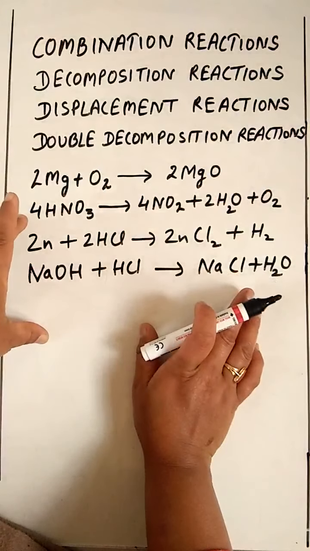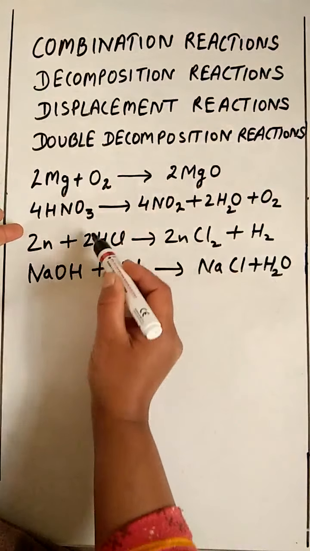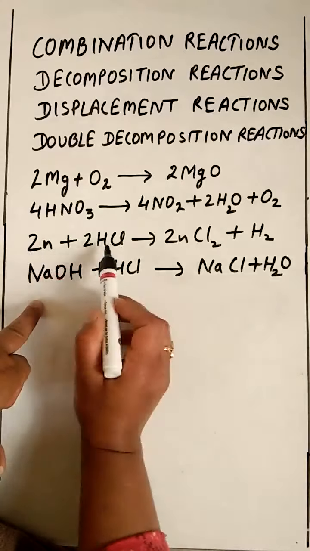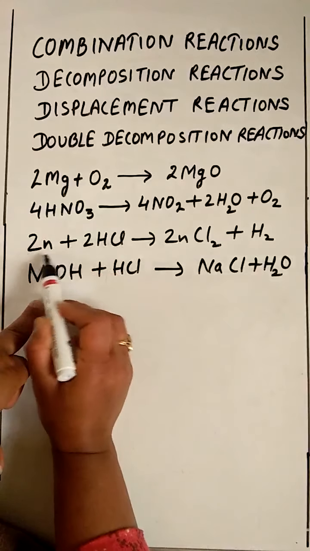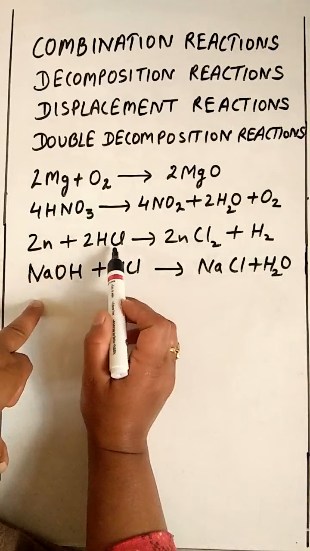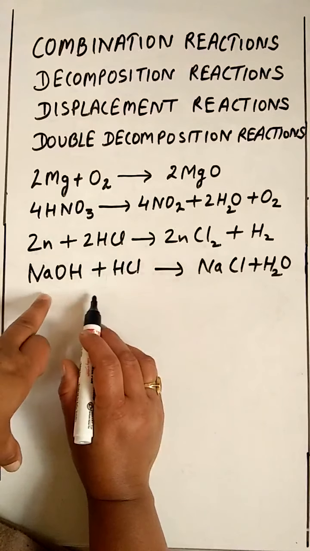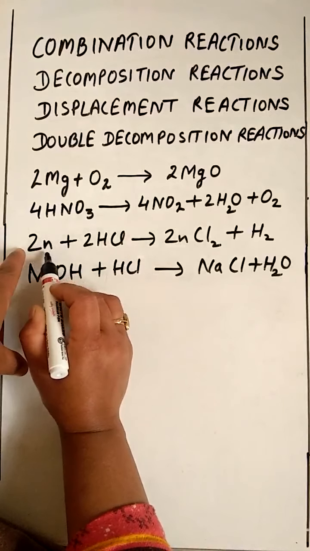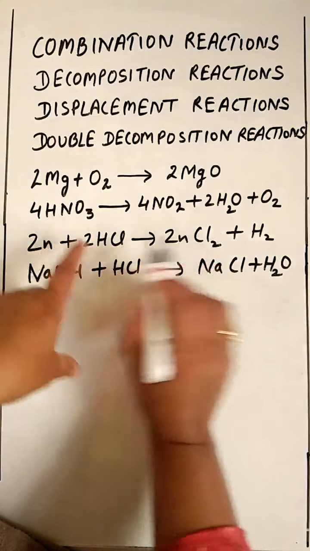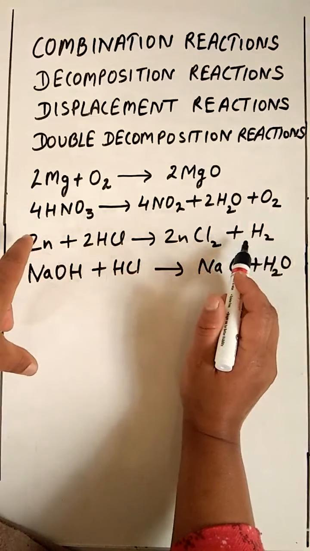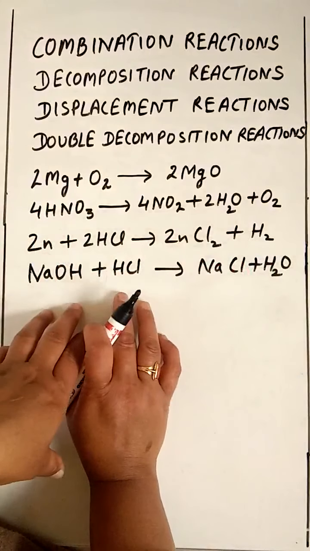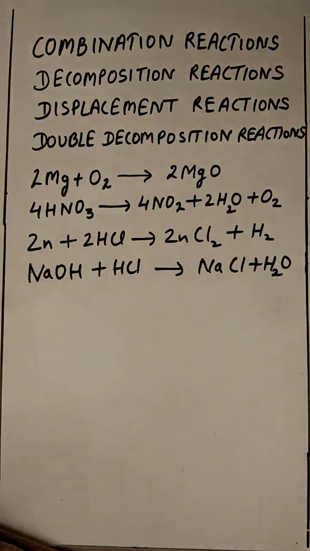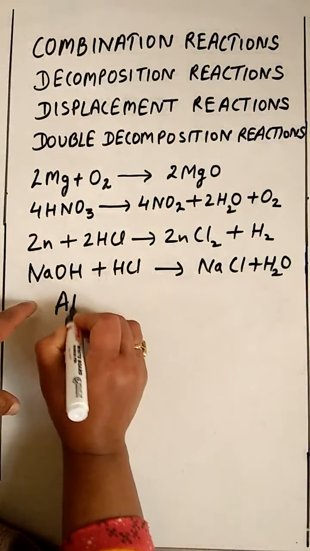Many of the students are having confusion about how to identify between these two reactions. So it's a very easy method. Now you can see in the third reaction, you are having a compound and one atom. So one atom is reacting with a compound, while in the second kind of reaction you can see both are compounds. So when one of the reactants is in the atomic or molecular form and another is a compound, you can just think about displacement reactions. And here since both are compounds, definitely only one category is left, and that will be 100% double decomposition reactions. So what happens in double decomposition reactions?